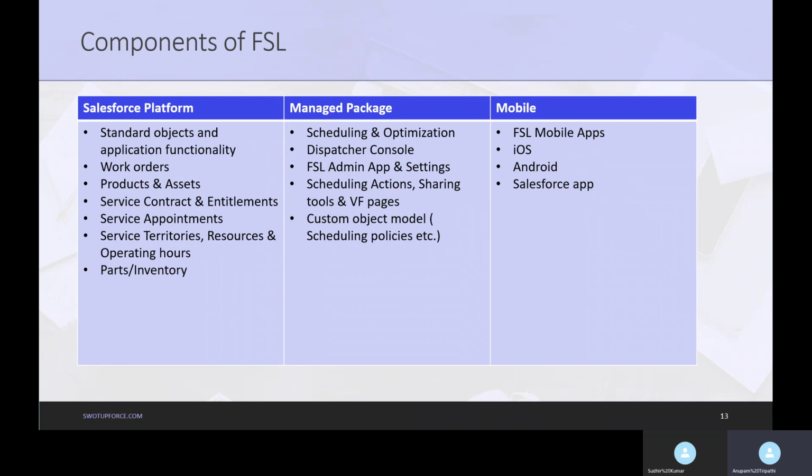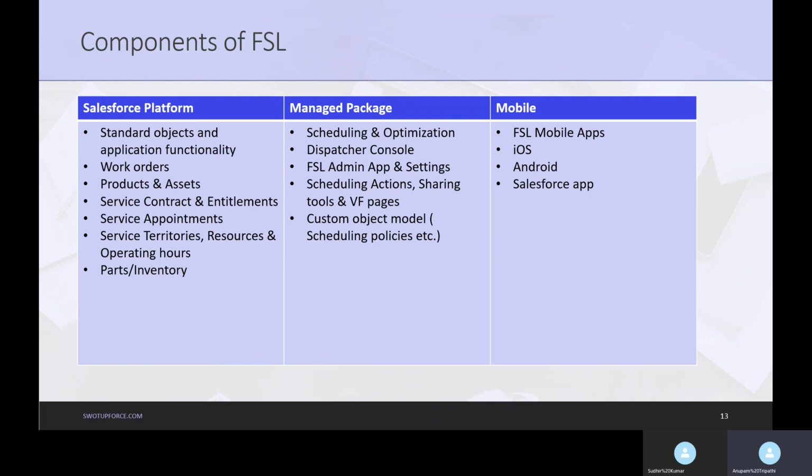You get access to the dispatch console. The dispatch console is a place from where the dispatcher, I believe you remember there is a dispatcher, owns dispatching or scheduling the work, or assigning the work to the field technicians.